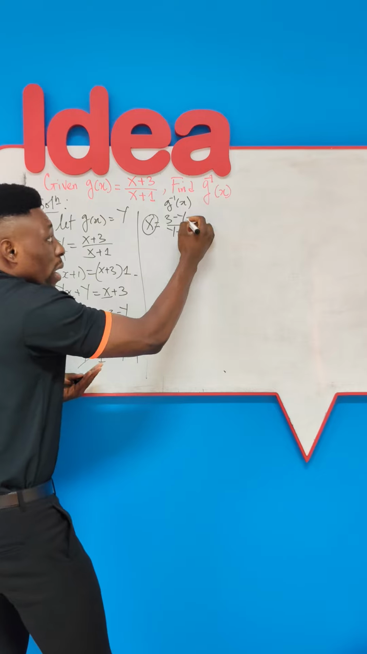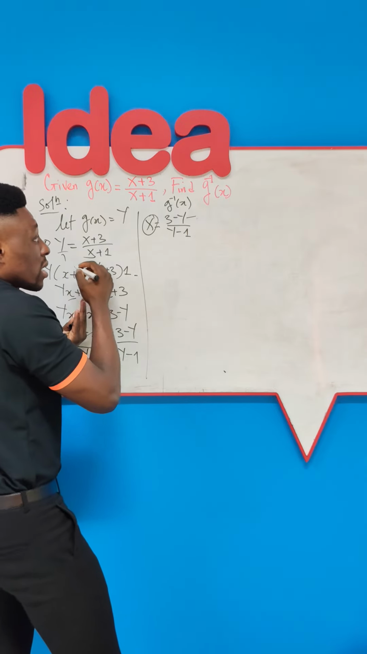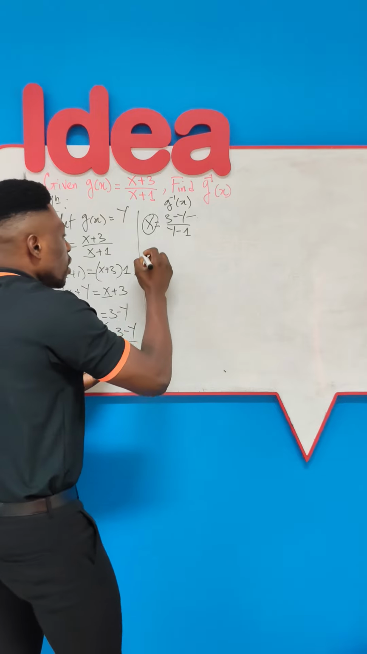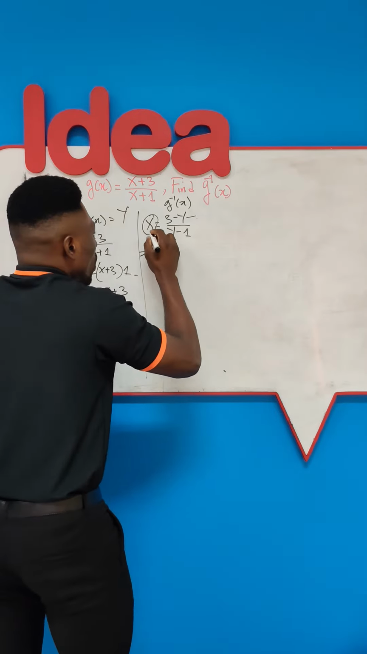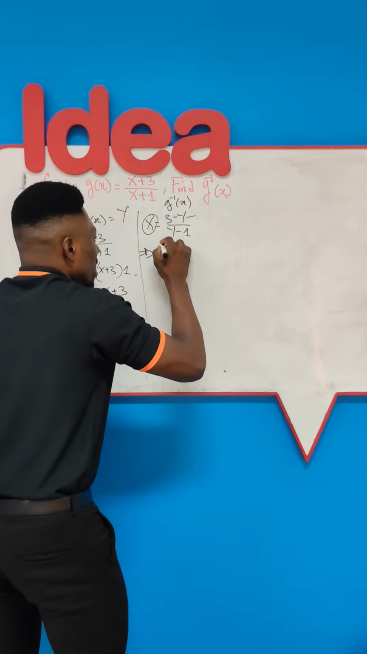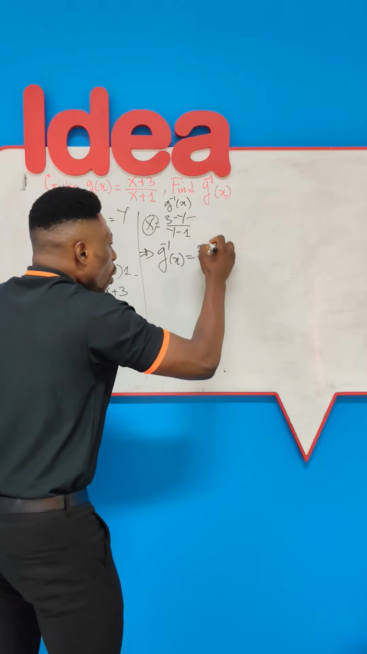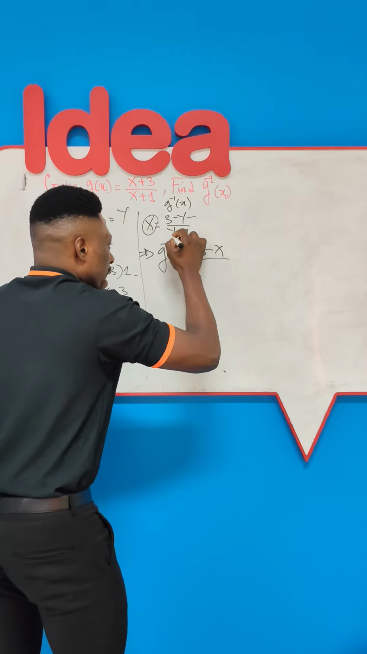What becomes now of the y which we introduced somewhere at the start? Y now takes back the form of the initial variable which is x. So it will look like this now. So instead of y, I will have g inverse of x will be equal to 3 minus no more y, but now x, all over, again no more y,